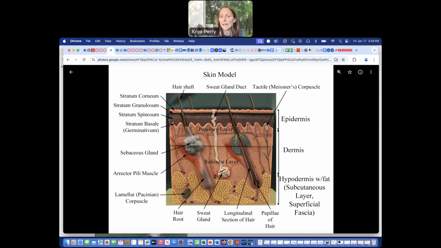And then again, you have sebaceous glands that will dump oil into that opening where the hair shaft will come out. So let's see, now that we did the hair, and we talked about the hair root inside there,